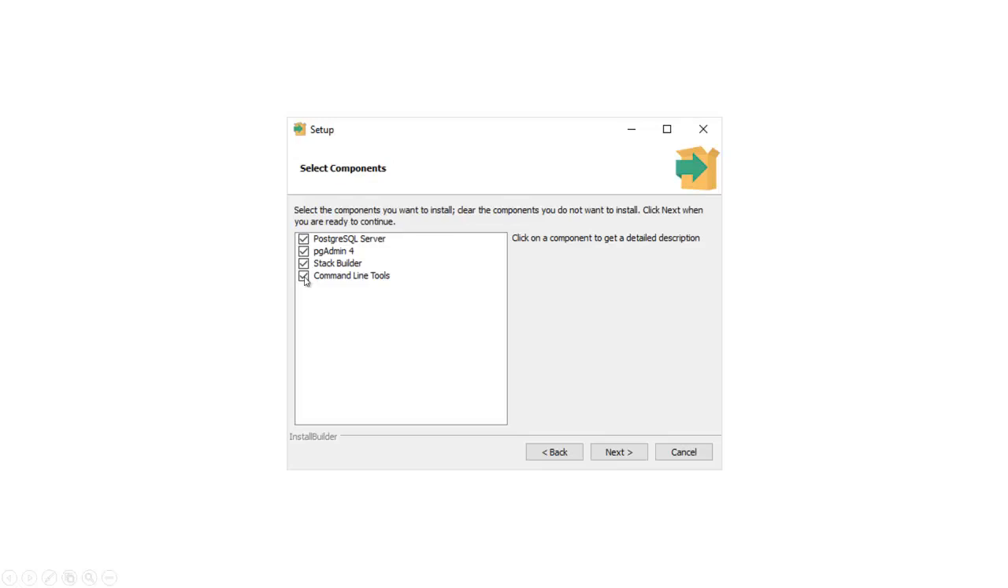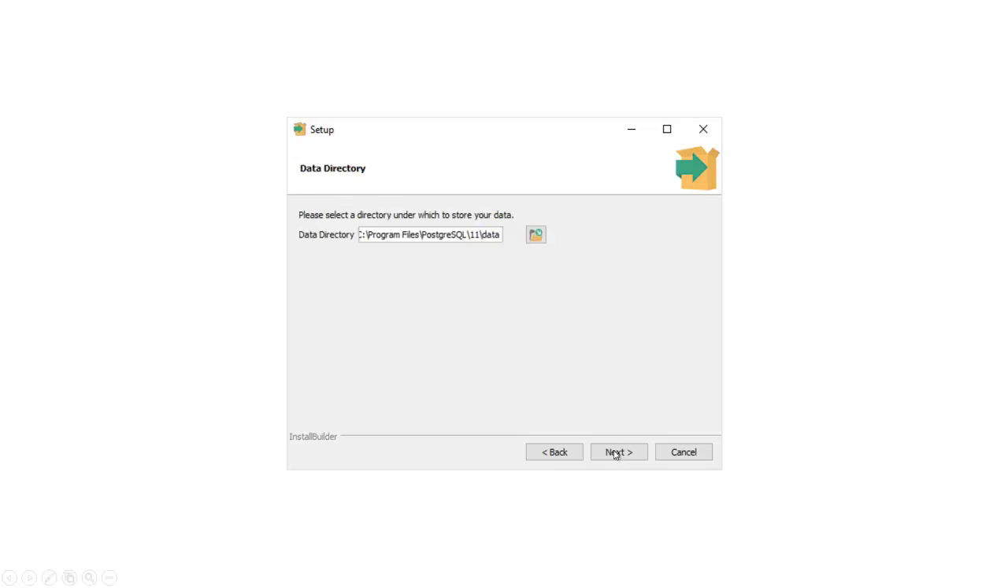Let's make sure all 4 of these are clicked on, because we're going to use pgAdmin to administer the software. This is the actual server itself, and Stack Builder is going to allow us to bring in things like PostGIS so we can do some GIS functionality. So we'll click next again. And then it's going to ask where you want the data. Again, it doesn't really matter where you put this, as long as you let Postgres know, it's going to point to that. But in our case, I'm going to use the default and put it in the 11